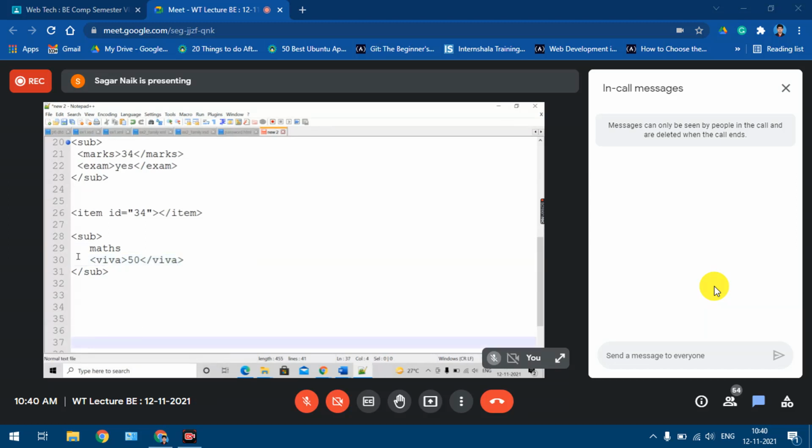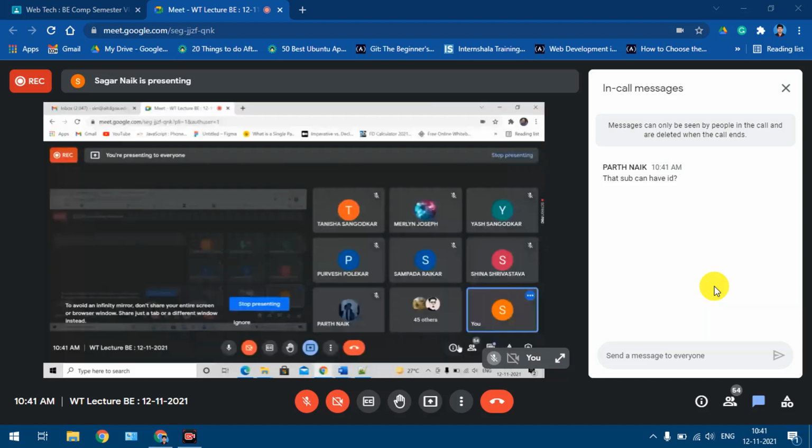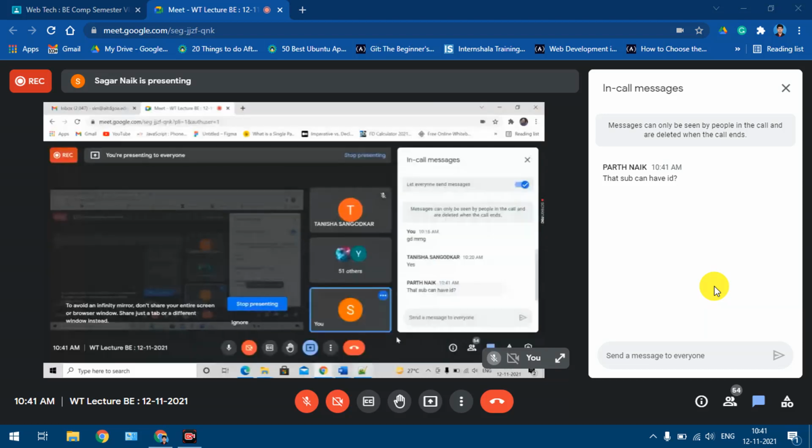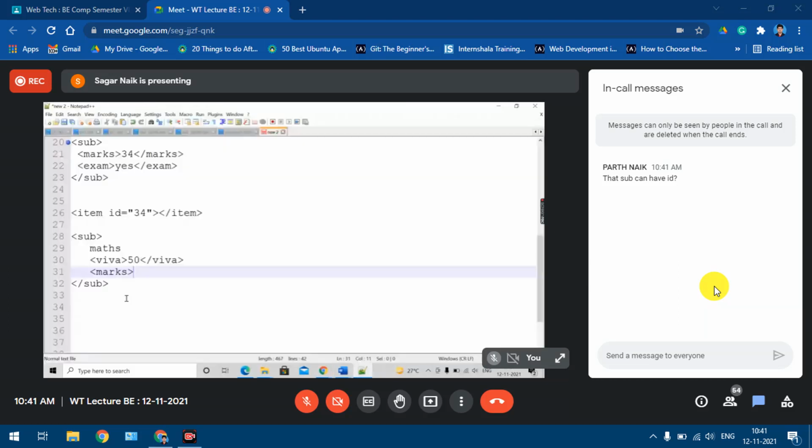So this was the fourth category of complex element. It has some content as well as child elements. You can have multiple child elements also. So these are the standard examples of complex element, right?